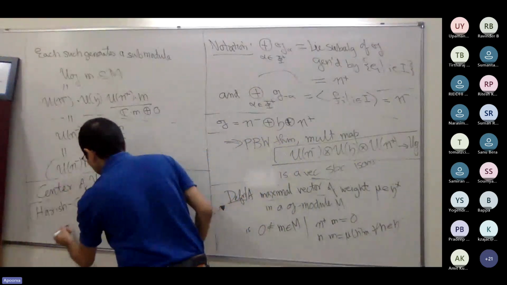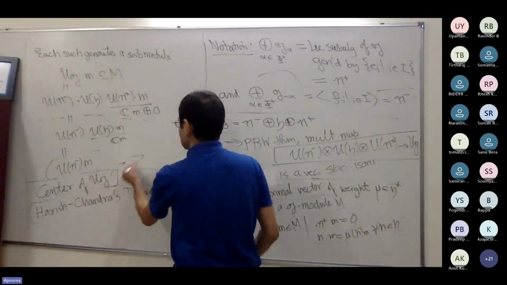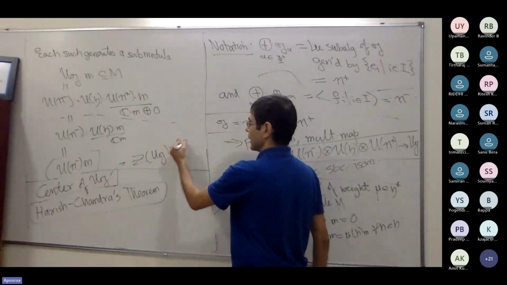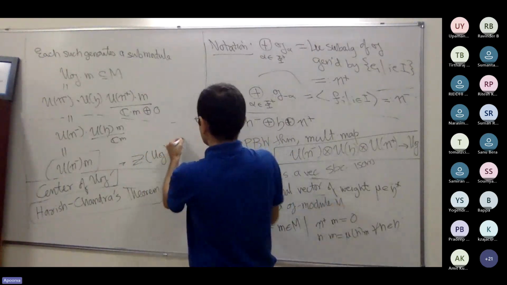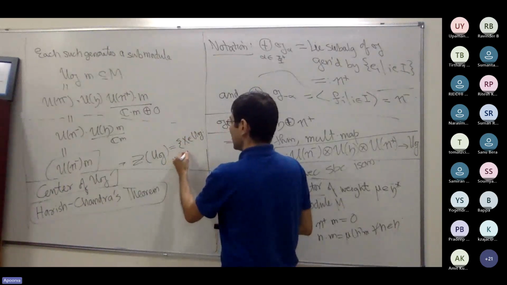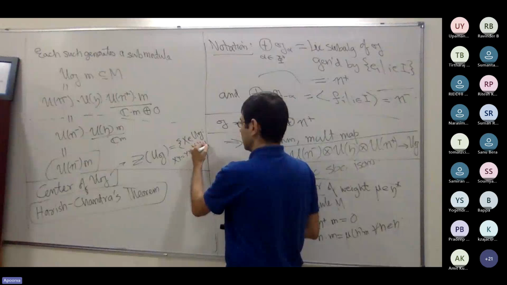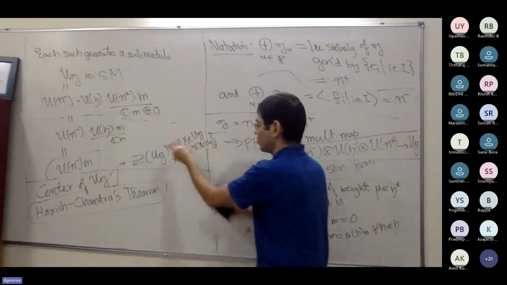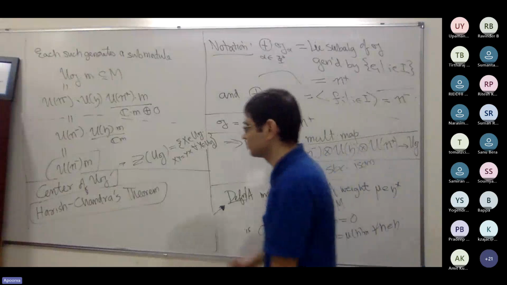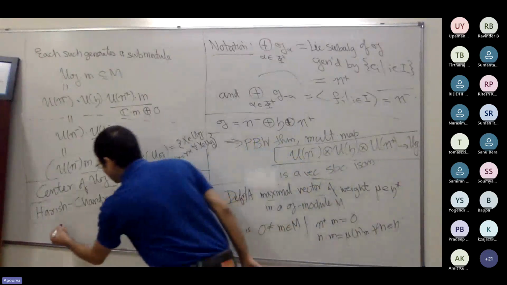Maybe I'll just say this is just saying that the center, which we call Z of UG, is just the set of all X in UG such that XY equals YX for all Y. I'm sure you all know the definition of the center. Write it down for posterity. So the point is the center of UG